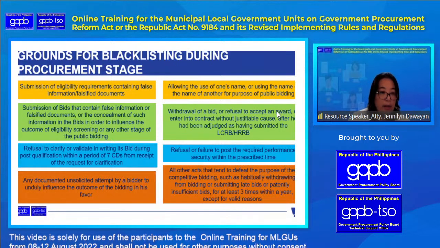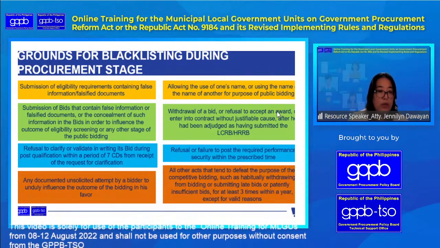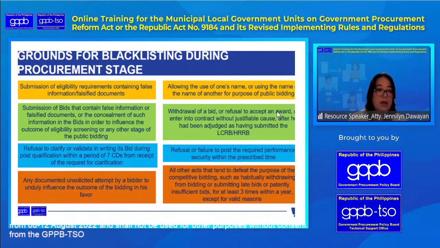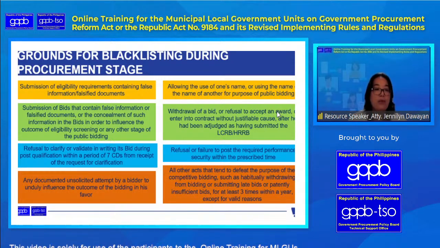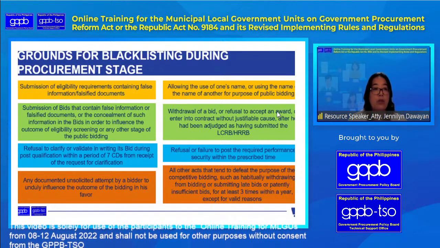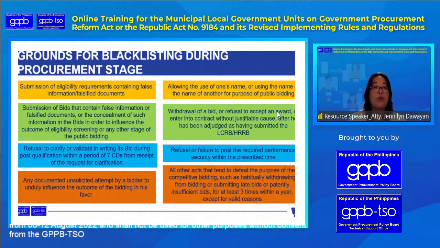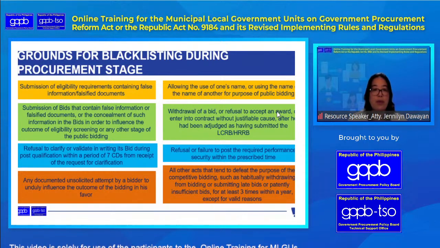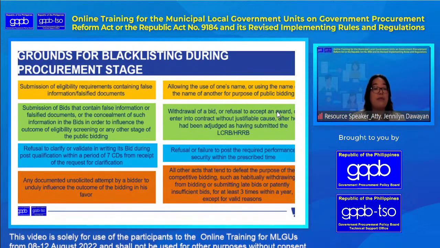The other one is unsolicited attempt by the bidder to influence the outcome of the bidding in his favor. So maraming ways of attempt to unduly influence yung outcome of the bidding. Paano ba yung isa pa yung contact, no? Pinipilit nilang makipag-contact or to communicate in relation to the bidder, or they're trying to influence the outcome of the bidding. And also other acts that would defeat the purpose of bidding, like very rampant ito,